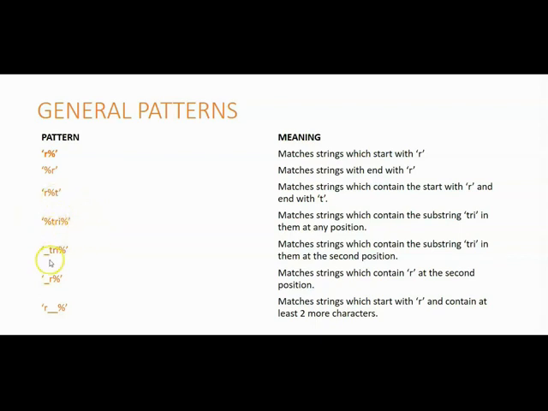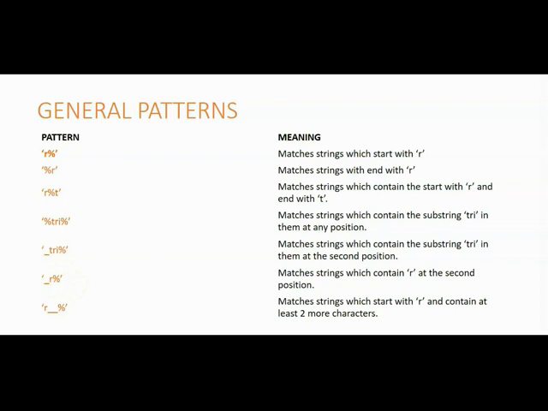What does _TRI% mean? It indicates that we require this particular pattern to start from the second letter. This can be done by varying the number of underscores. _TRI means that from the second letter onwards, if there is a pattern called TRI, then display that particular record. What does _R% mean? First there is an underscore, and after the first underscore we have R. This means at the second place we require the letter R, and the rest can be anything.